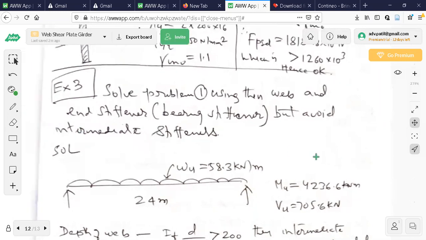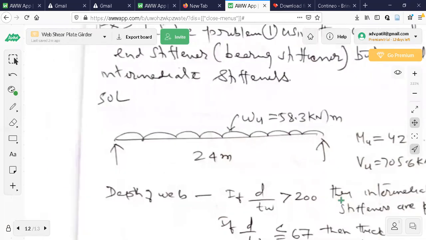In this case, where is the necessity of intermediate stiffener? I will put one point load now, say somewhere here at a distance of 4 meters or whatever. If there is a point load acting here, I need one intermediate stiffener just under this particular point load. That is the critical location, because under the point load there is more chance of buckling of the web. The end stiffeners are for point loads actually. What you should understand is that stiffeners are required wherever point loads are active.